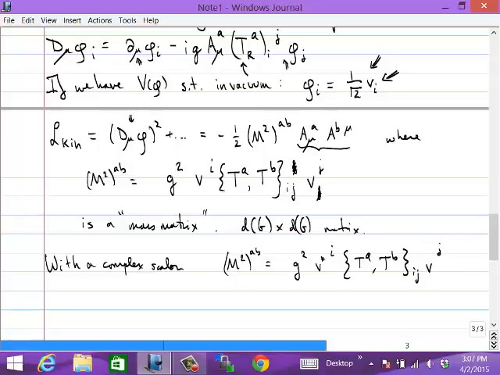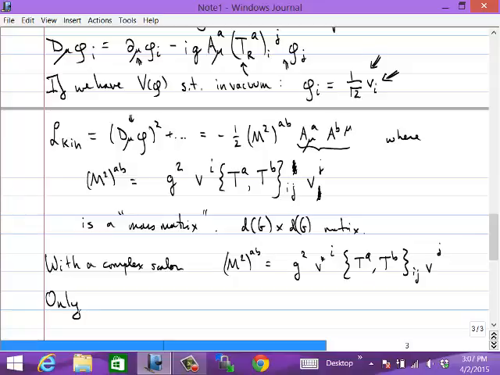Is this crystal clear, hopefully? Nothing too fancy. Now, the point, really, in writing down this mass matrix is that